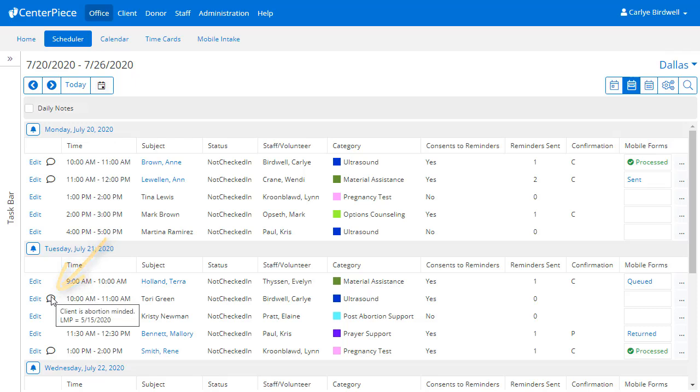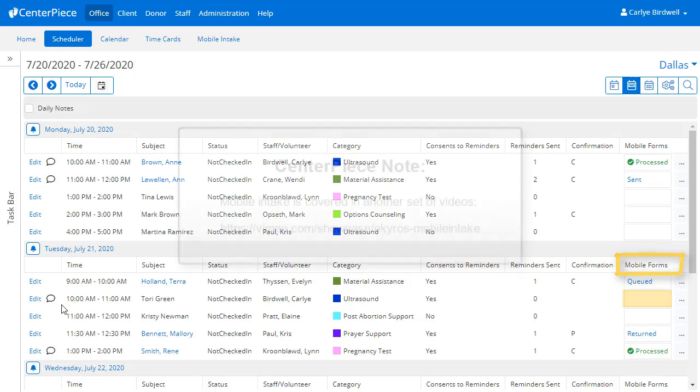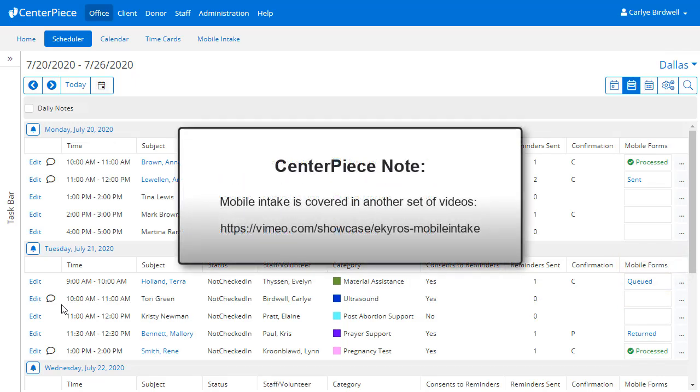I can also see the time, the client's name, the check-in status, the staff or volunteer assigned to the appointment, the category, and then we have this information that's specific to text reminders, and this column right here that shows me the status of the client's mobile intake forms. Mobile intake is covered in another set of videos, so please watch those videos if you want to learn more